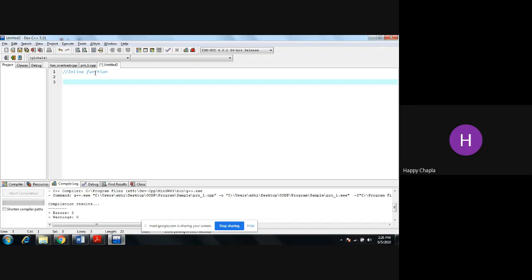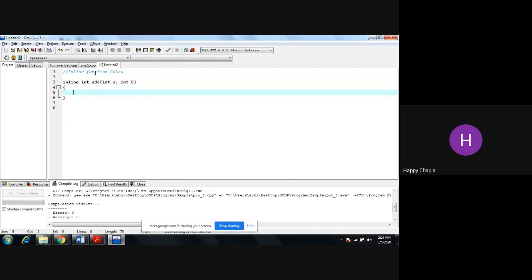For the inline function for the calculator, write the inline function, then the function name, that is add, and the return type of add is integer, passing integer a comma integer b.